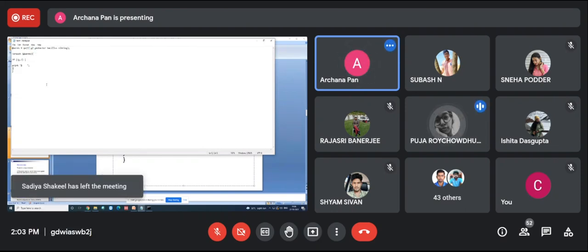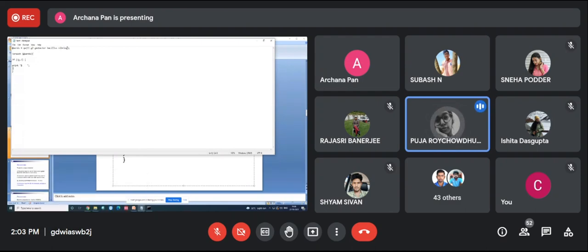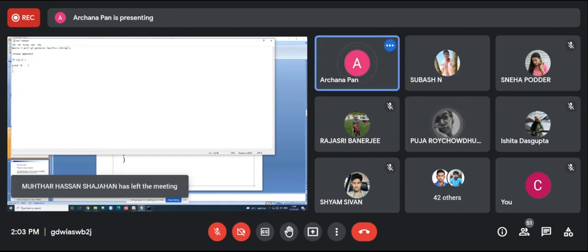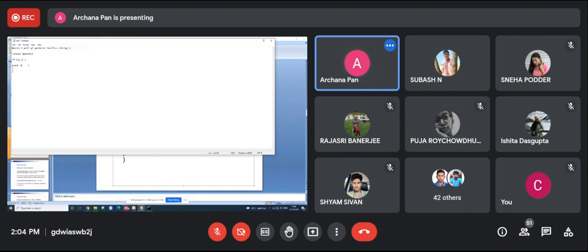No, ma'am. After G, if we give a space after G, then it is not at all considered as an element. Let's see, any character.